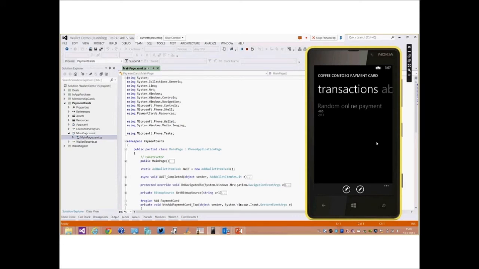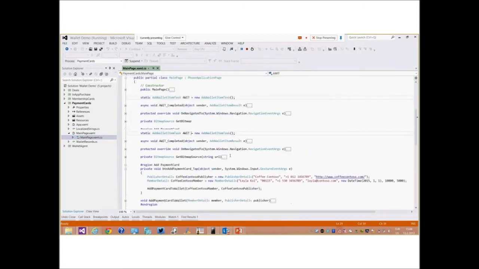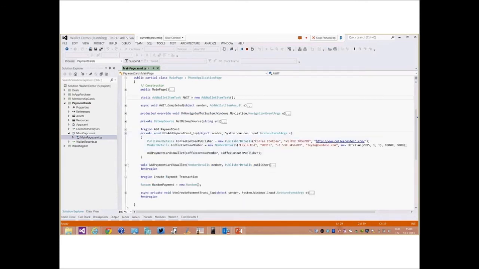How can he make the payment? He can either tap his phone onto the cashier's Windows 8 tablet, something like that, and make the payment through NFC. And you can see all those transactions, and you can reduce the available credit balance according to the payment. So all these scenarios are possible, and it is very, very easy. If you open the code, for example, for the payment card code,